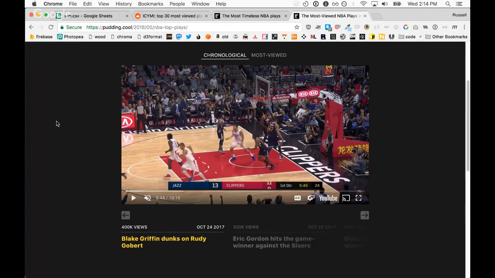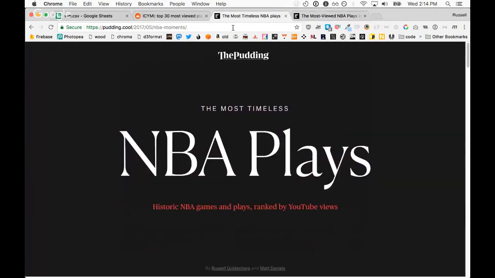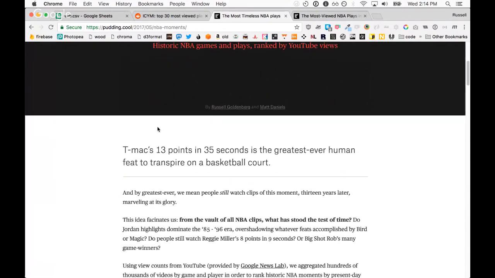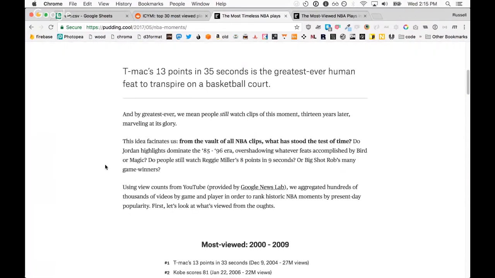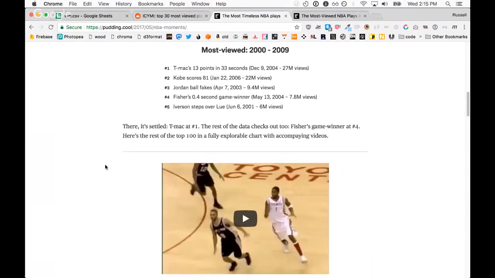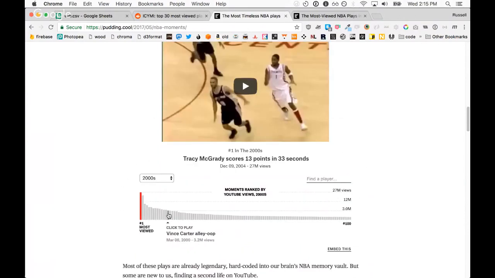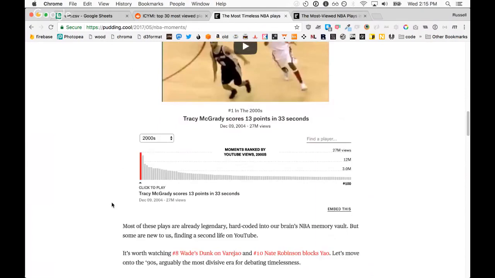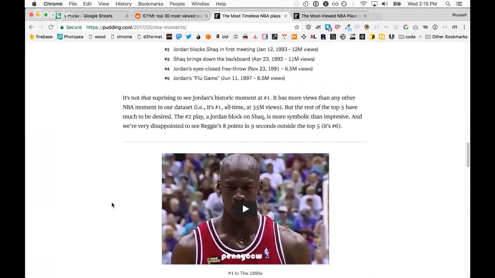So what was the design process like for this? Yeah, so I had this thing up before. Matt and I worked on a story last year. It was a project we did with Google, which is very similar, but with a completely different data set. It was looking at all the top moments, not necessarily plays, in NBA history using YouTube. So this one was definitely more data centric. But it was the same kind of spirit. It was being able to watch a bunch of basketball plays with this entry point of data.